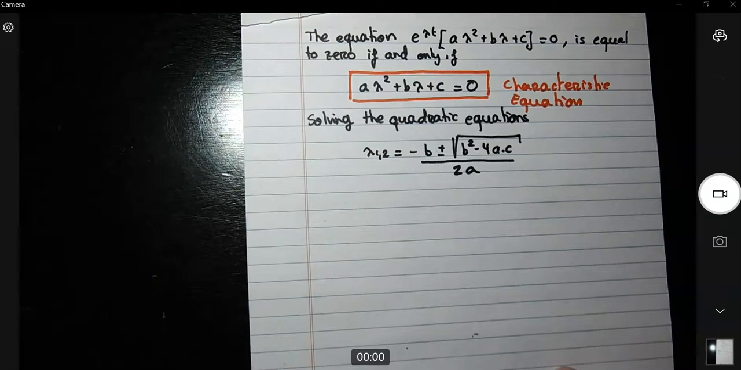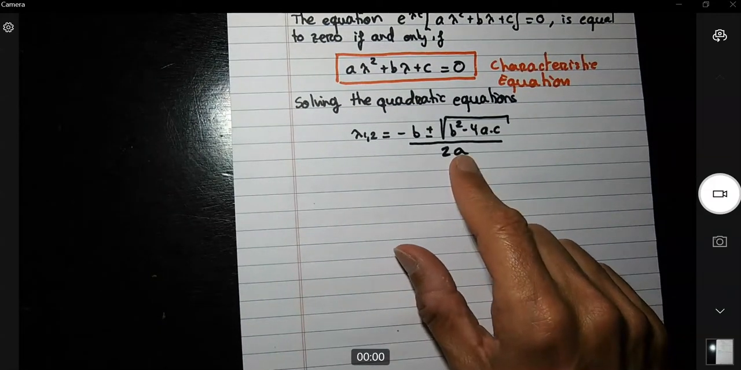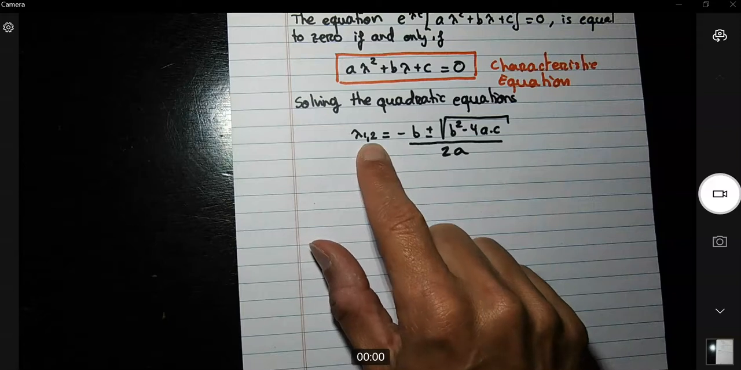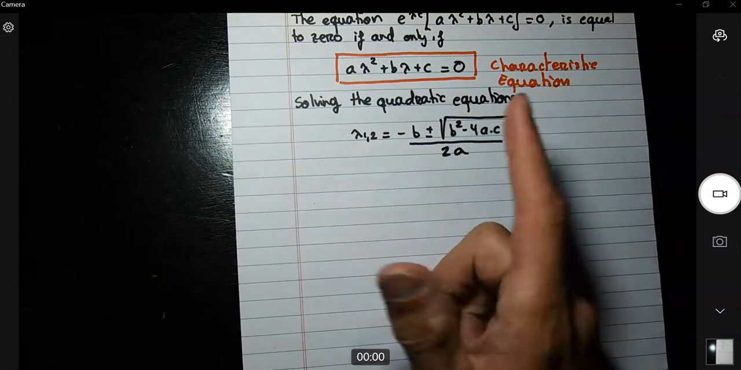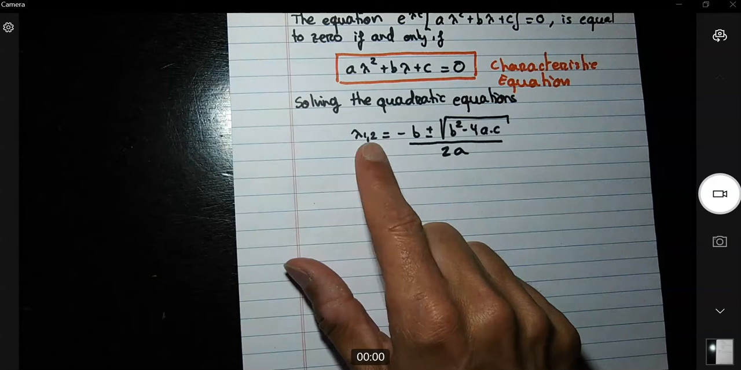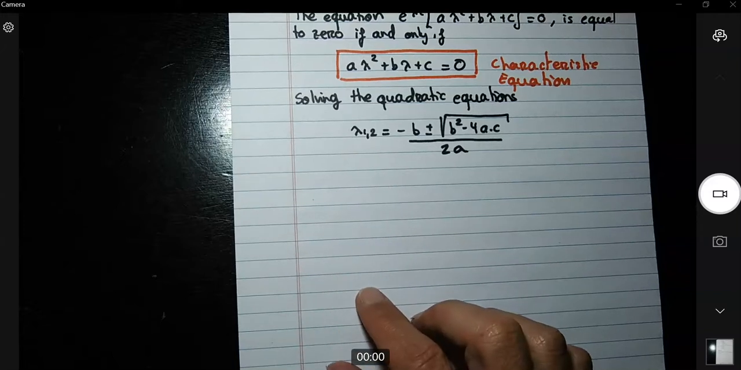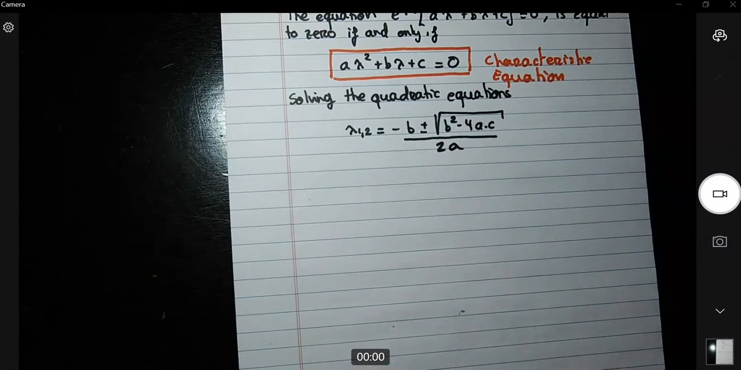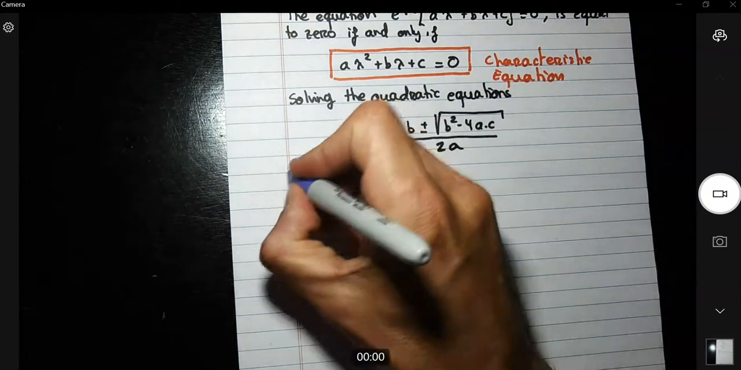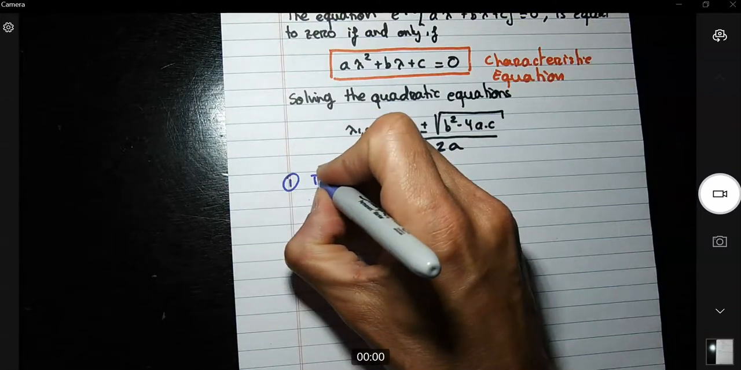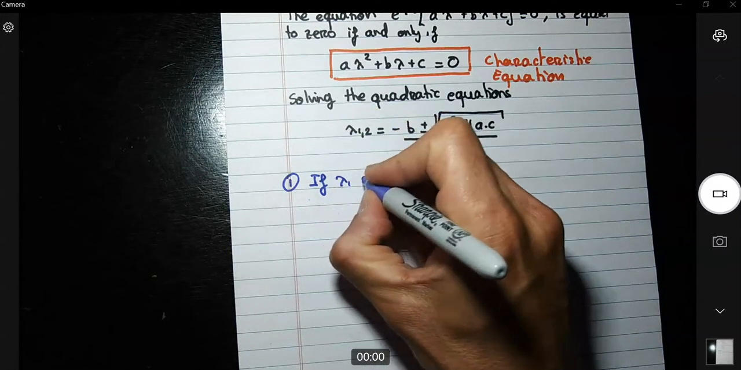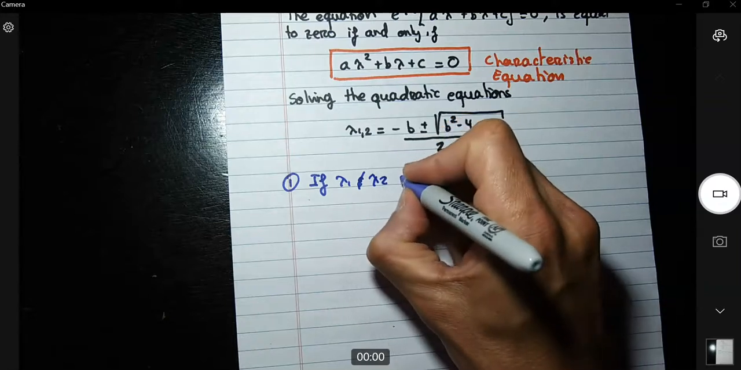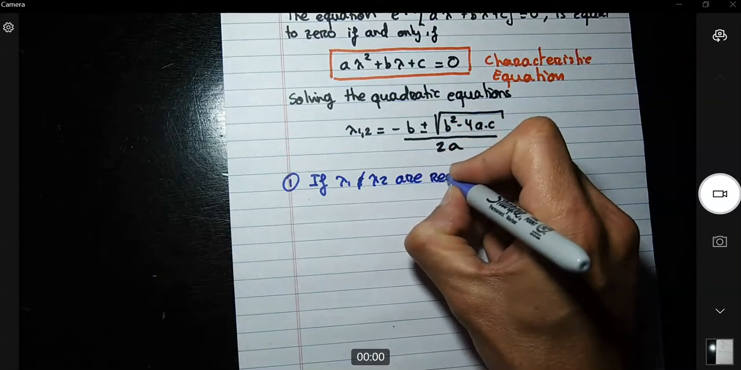Okay, so now we need to look at different cases, because when you solve this quadratic equation, you can have either the roots lambda 1, lambda 2 both be real numbers, or they can be complex roots, or they can be equal to each other, which is called repeated roots. Okay, so let's see what would happen for each one of those three cases. So case 1, if lambda 1 and lambda 2 are real roots,